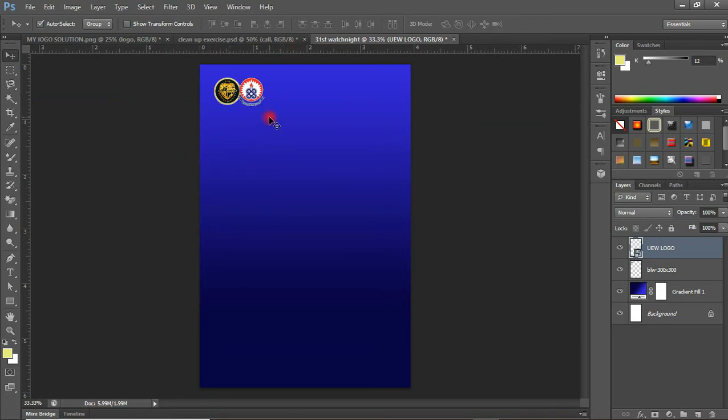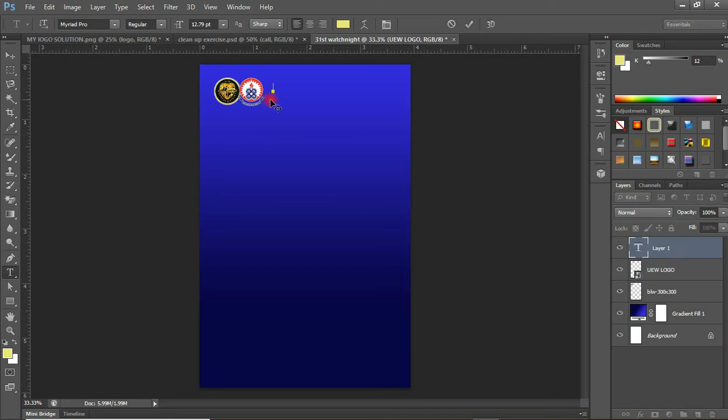So the next thing we type in here is we'll get our text tool. The shortcut for the text tool is T, and you can as well see it here, T. So click on it. Good. And we're using a font style called Miride Pro. So I have here